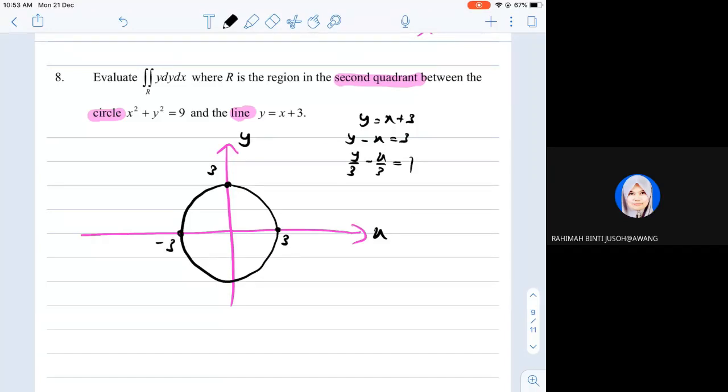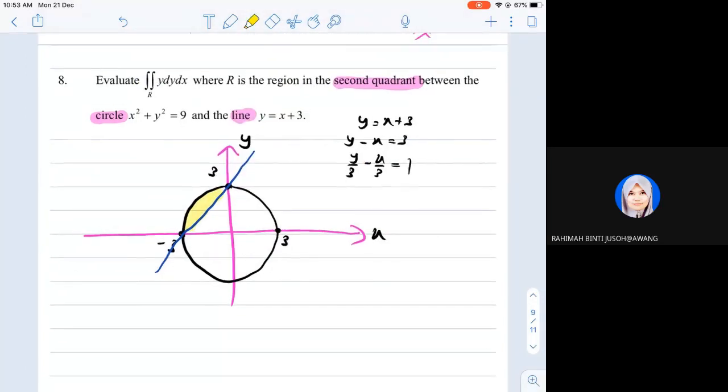So we will have this line. I will use blue color. So we have this line. Okay. So the question asks you to find the region in the second quadrant. So second quadrant, of course, this one. Okay. So right now,